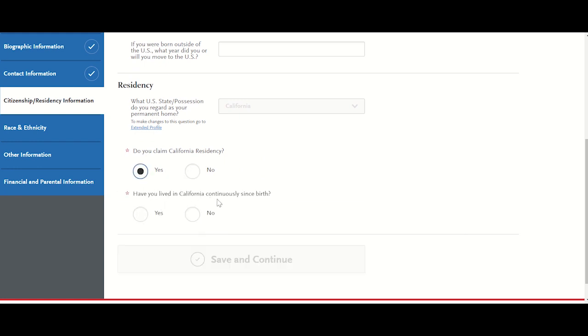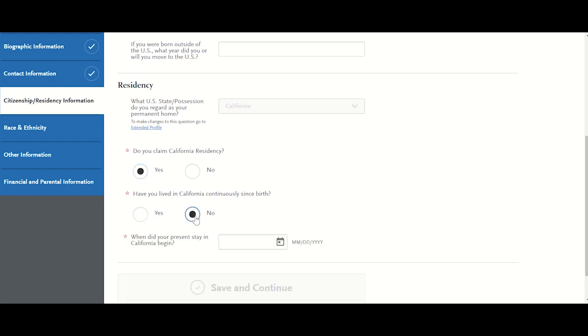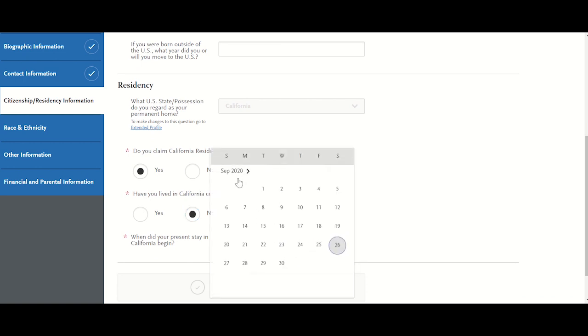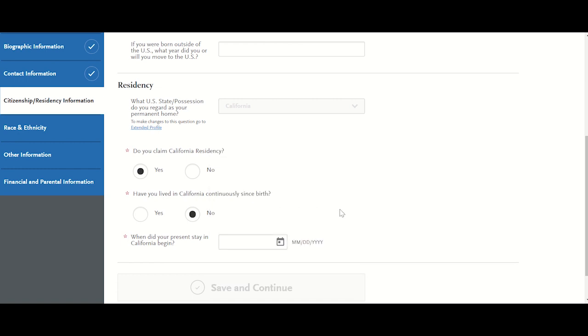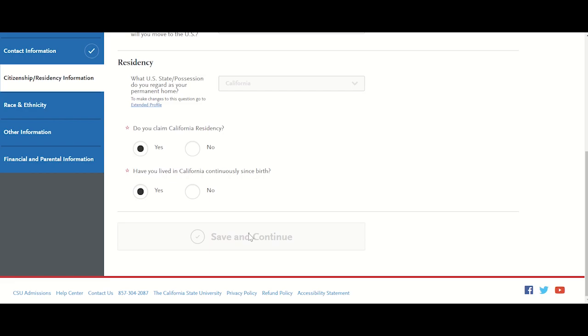Have you lived in California continuously since birth? You can either select yes, or if you have not, it will ask you to list when your present stay in California began, and you will use the calendar feature to search for that approximate date. Next, we will save and continue